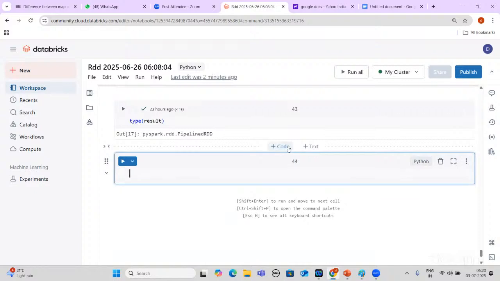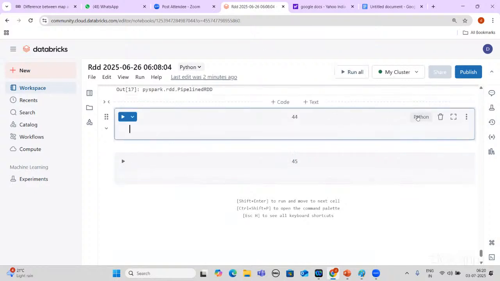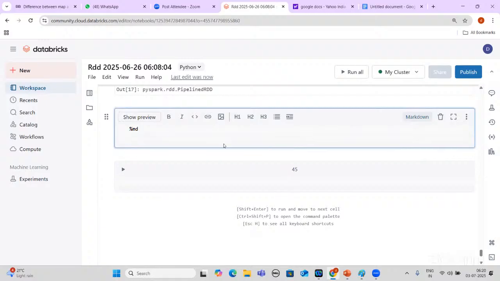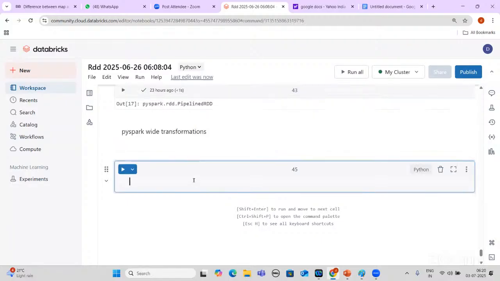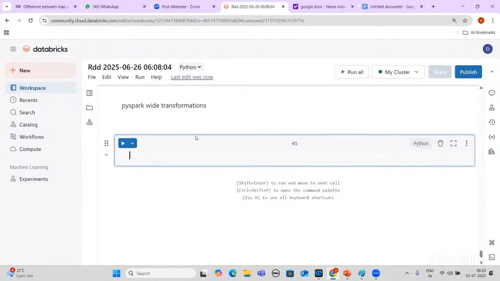Just creating one RDD. How to create? Either it is percentage RDD or you can give it here also. PySpark wide transformations. It will come like this.